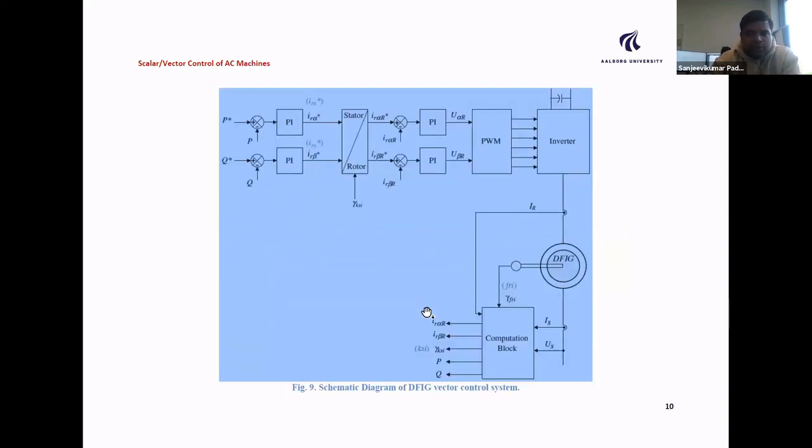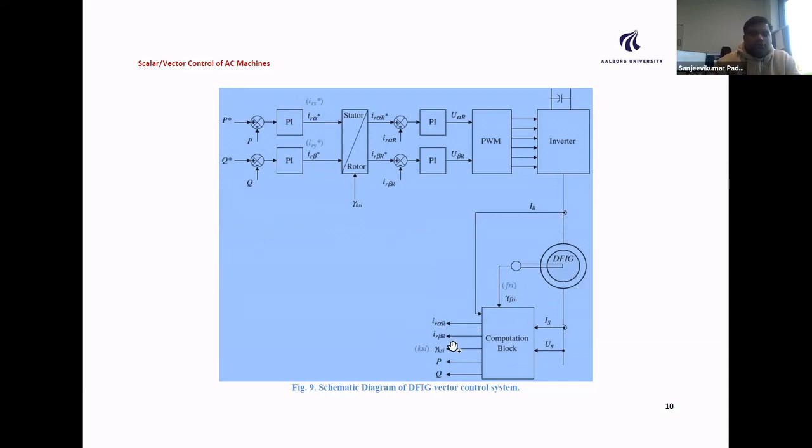And how to do this in real time? Yes, we have an inverter, DFIG, and the stator parameters are taken, voltage and current fed to the calculation blocks. Rotor parameters are taken to calculate again in the blocks. From the blocks, we are getting active power, reactive power, and the angle required for the rotation of your rotor. Then we are also calculating the current which is produced, torque and flux from the machine.